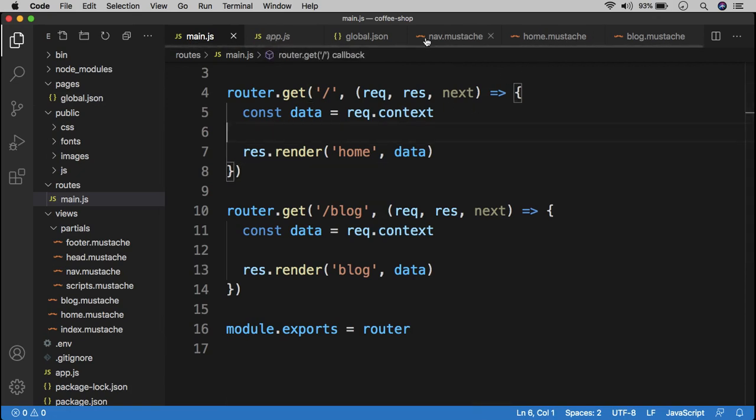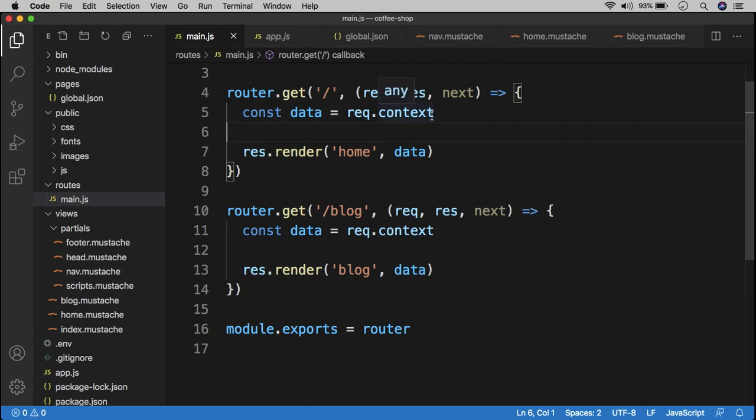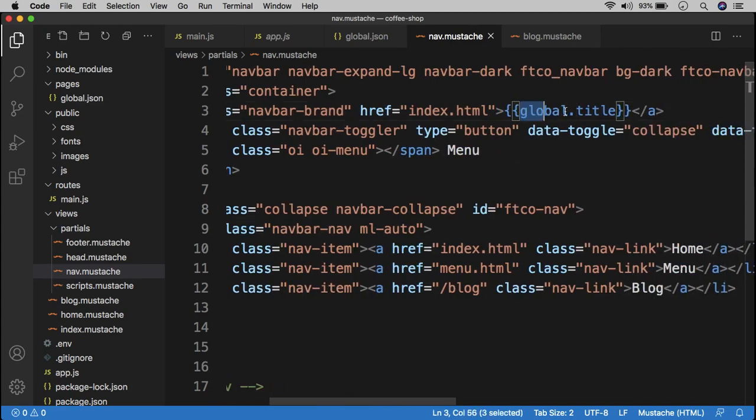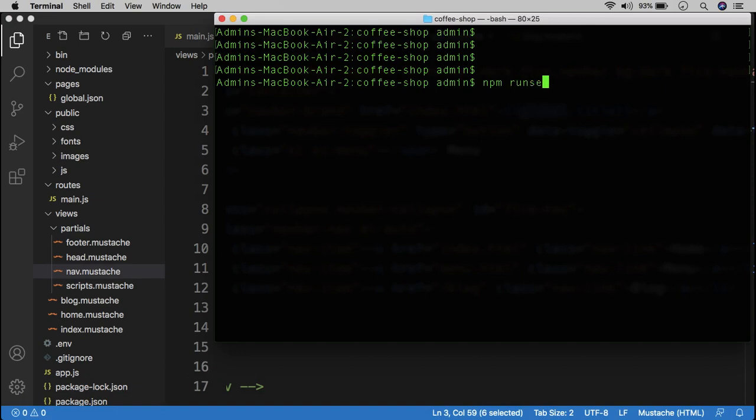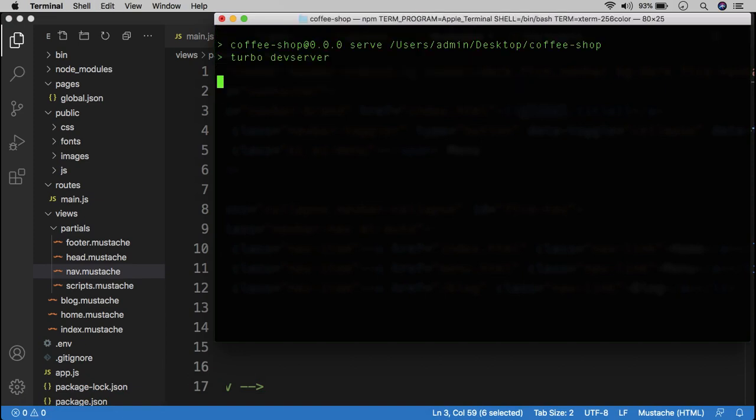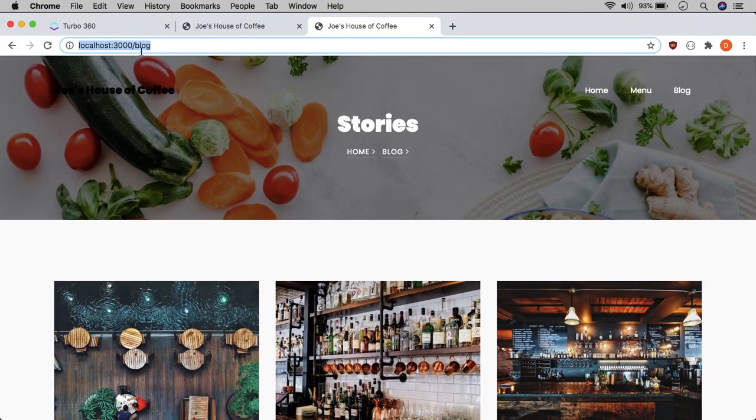If we go to our, let's see the best spot, the nav.mustache. So instead of title here, we have to reference the global object. So we do global.title. So it gets passed into our request context underneath the global key. So if I go back to the nav mustache, we now have to do global.title. So let's go ahead and run the local server. And if I head back to the home page,